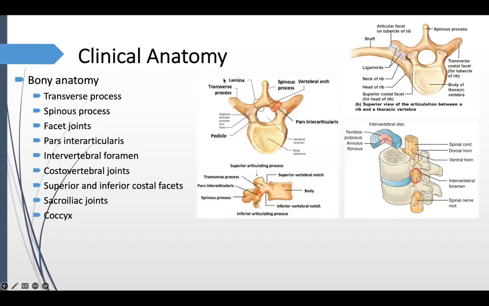So on this image, what I really wanted to talk about is the neural arch, which is this structure. And the neural arch is comprised of two bony landmarks. The first is the pedicle. The pedicle is the bony anatomical structure just posterior to the vertebral body, right? So this is the vertebral body. We can see right here, just posterior to that, we have the pedicles. The pedicles create the most anterior portion of the neural arch, whereas the most posterior portion of the neural arch is going to be formed by the lamina, which we'll talk about when we're referring to